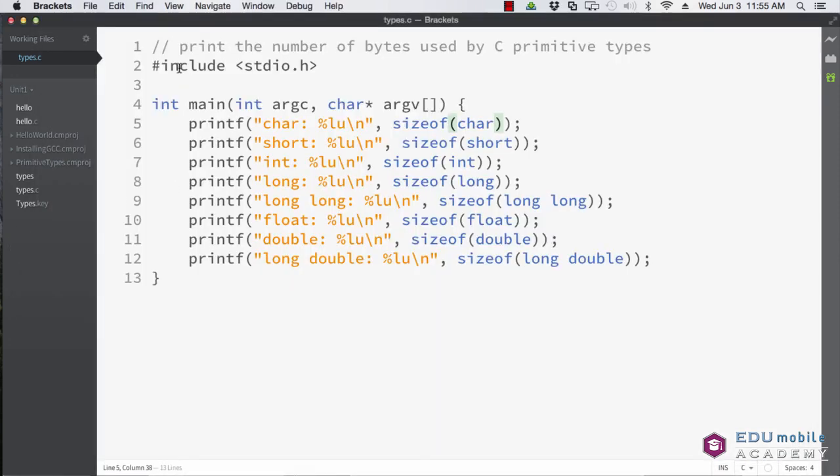So now, here we go. We have a main function again. We've included stdio.h. By the way, this is the syntax in C for a single line comment, 2 slashes, and then whatever we want to comment. Print the number of bytes used by a C primitive type. So here's our main function, and all we're doing here is doing a printf, and then notice this. This is a format specifier,